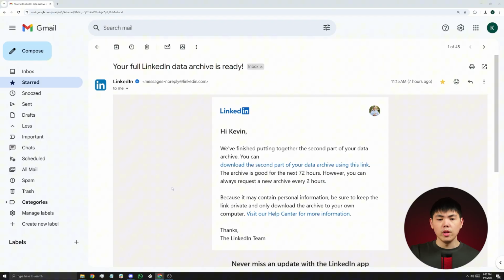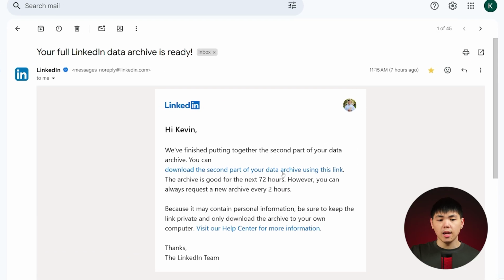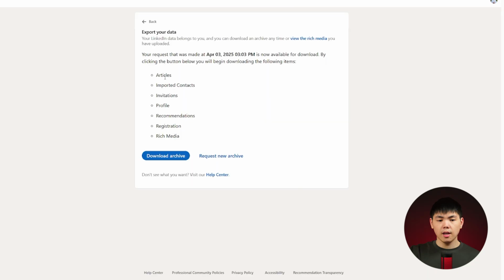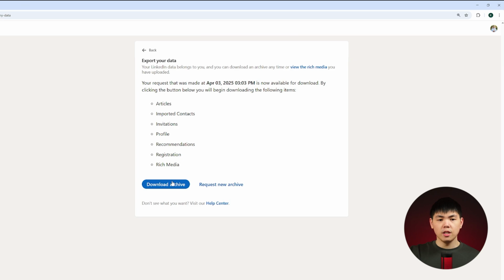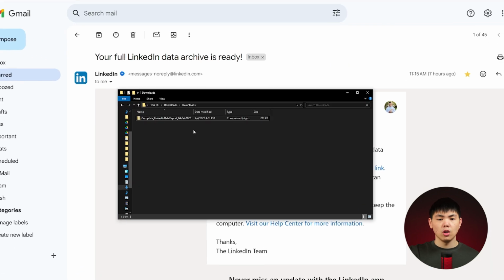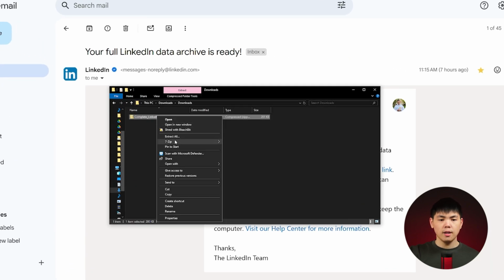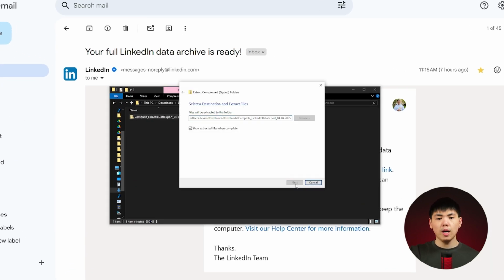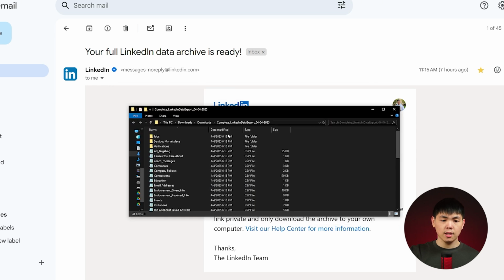All right, so now that 10 minutes have passed and you got that email, for some of you, maybe 24 hours, let's go open the email and see what's inside. When you first open up the email, there should be a link to download your archive. Click on that link, and then you should be redirected to LinkedIn's page where you can click on the button to download that file. This file is going to be a zip folder, so locate that, right-click it, extract that file,